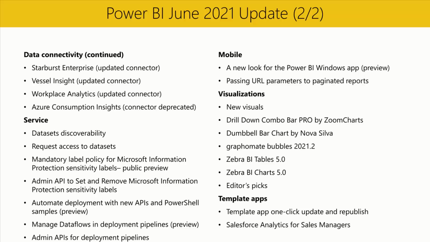Next, we have a few updates for you in the service section. First, we are allowing data owners to make their dataset discoverable even by users who don't yet have access to the data it contains. As a data owner, when you have a trustworthy dataset which you consider as having data that others can benefit from and use to create their own reports, then you'll probably want to endorse it first. With this release, that endorsement will make it discoverable by others, who can then request access to it if they don't have access already. Further, to support these dataset discoverability enhancements, we're also introducing the ability for users to request access to data they find interesting.